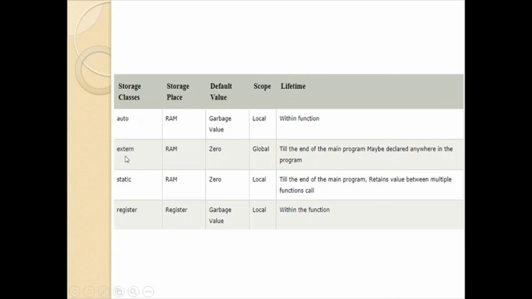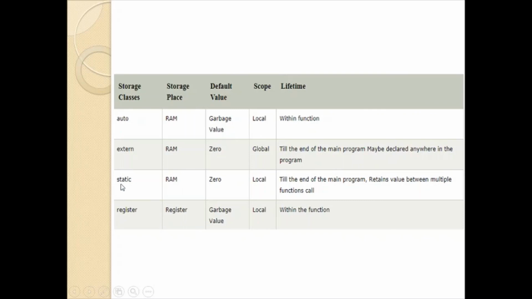We use the extern keyword for these variables, and they are stored in main memory, RAM. The default value is 0, the scope is global, that is throughout the program, and the lifetime is till the end of the main function.